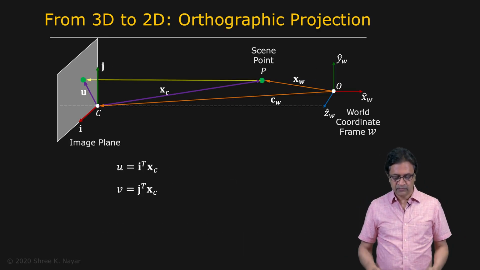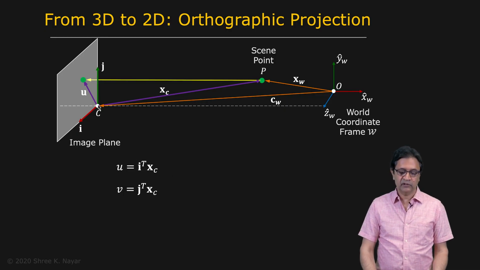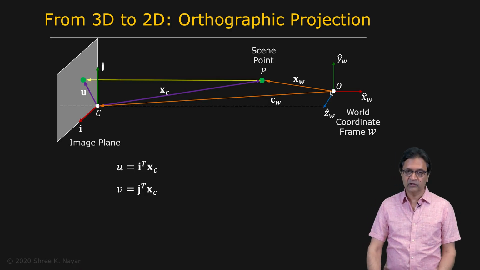So under that assumption, now we have these two equations, but that is in the camera's coordinate frame. The points we're looking for are defined in some world coordinate frame. So there's a world coordinate frame right here. We'll assume that it's at the point O, and now you have the position of the scene point P defined by the vector xw with respect to O, and we have the position of the camera C defined by the vector cw with respect to O, the world coordinate frame.